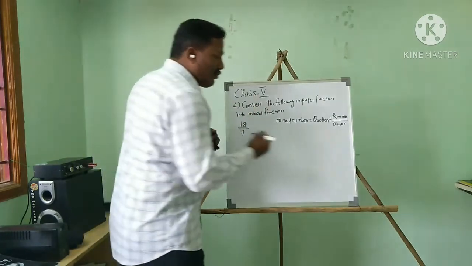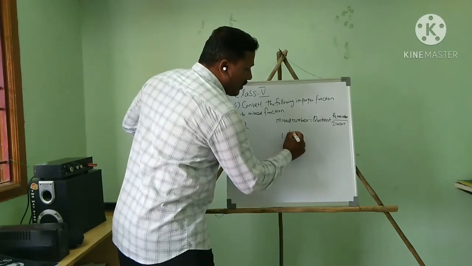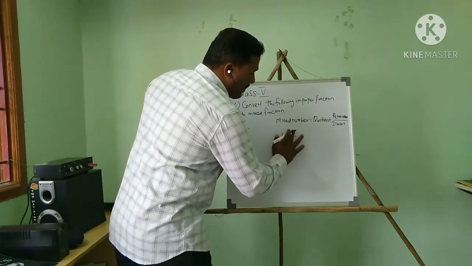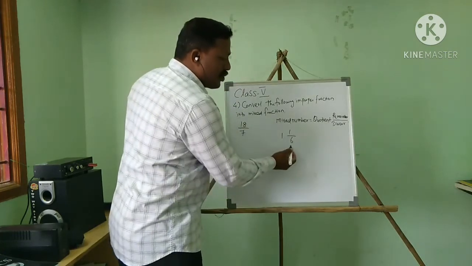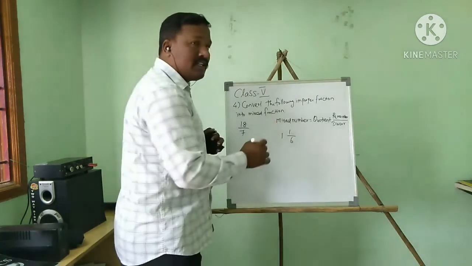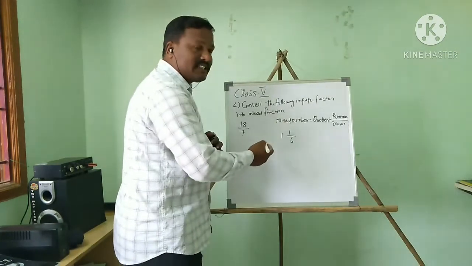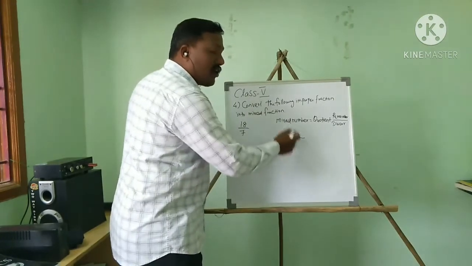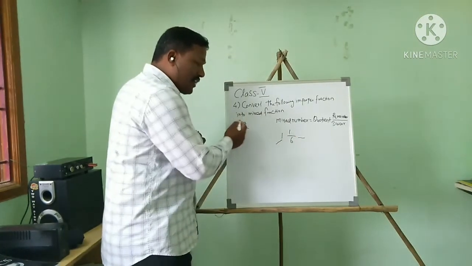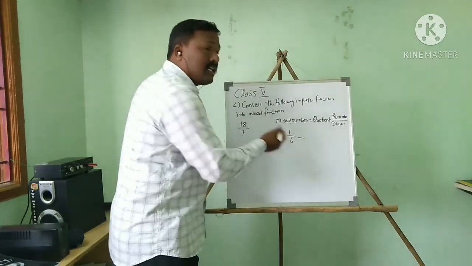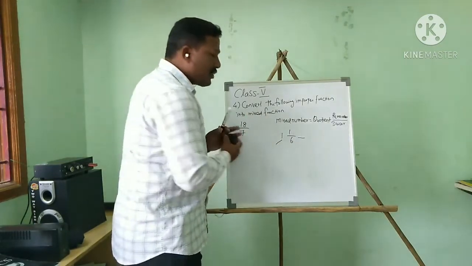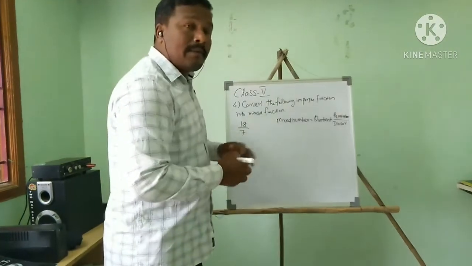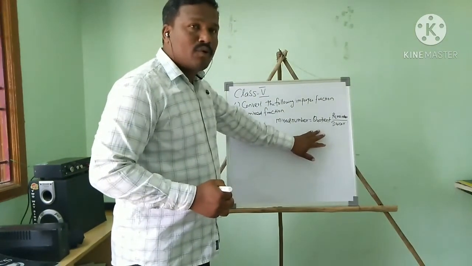Example, like this, 1 by 6 something. Because the denominator is big and the numerator is small, we want to convert like this. But this is a natural number, this is a fraction. So this kind of fraction is called a mixed fraction. Now we want to convert this improper fraction into a mixed fraction. How to convert? Let me say this kind of situation. You have to remember this method, these rules.